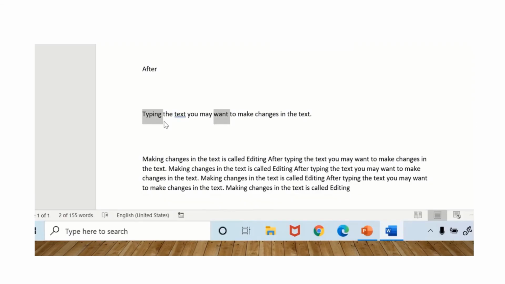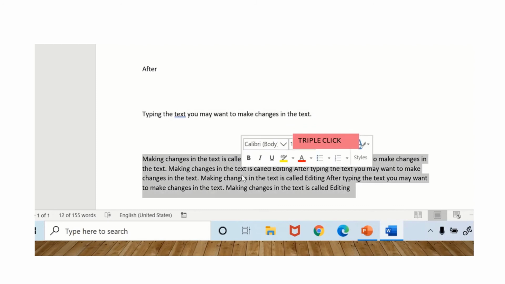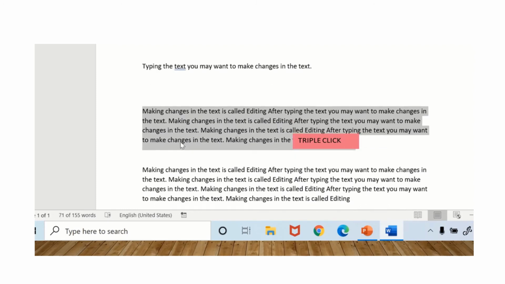To select a word, double click the word. To select the sentence, press the control key and click anywhere on the sentence. To select a paragraph, triple click on any part of the paragraph.